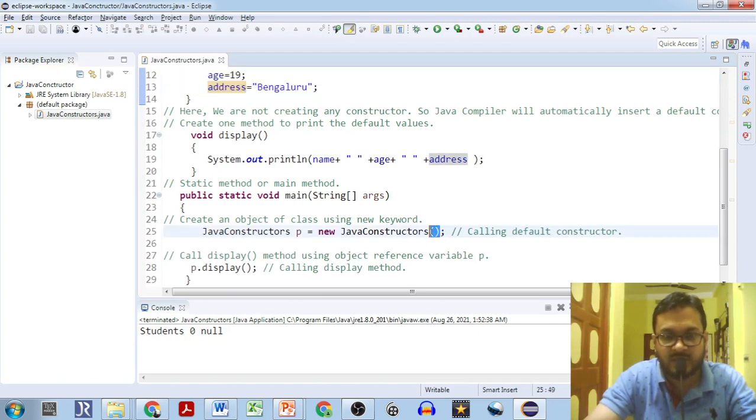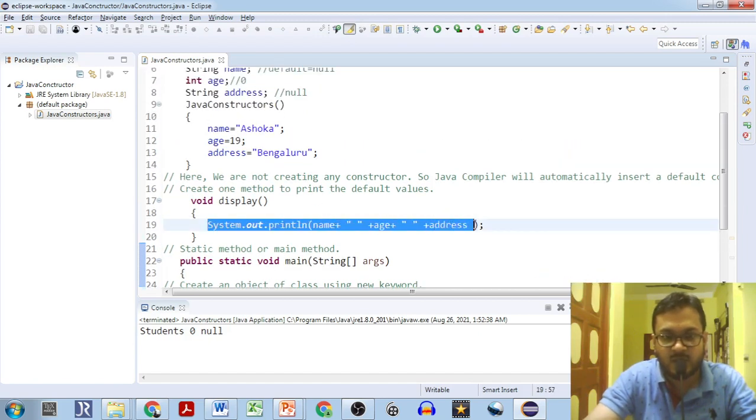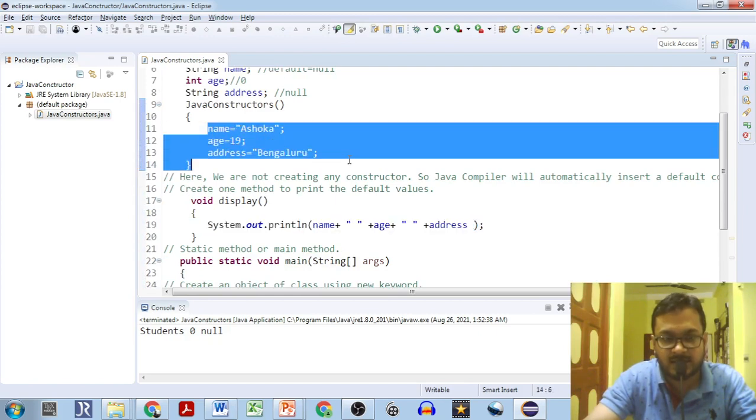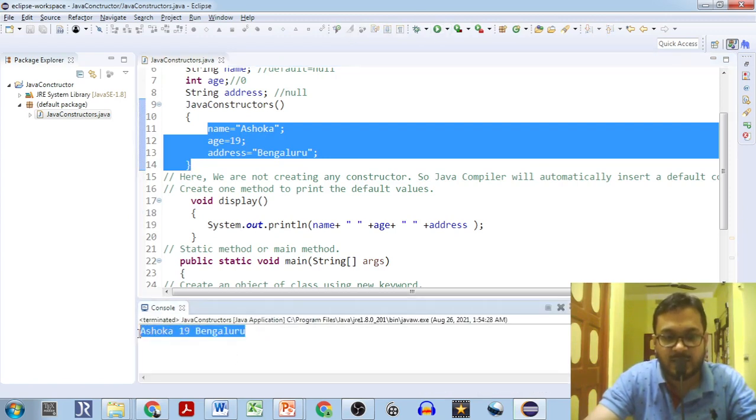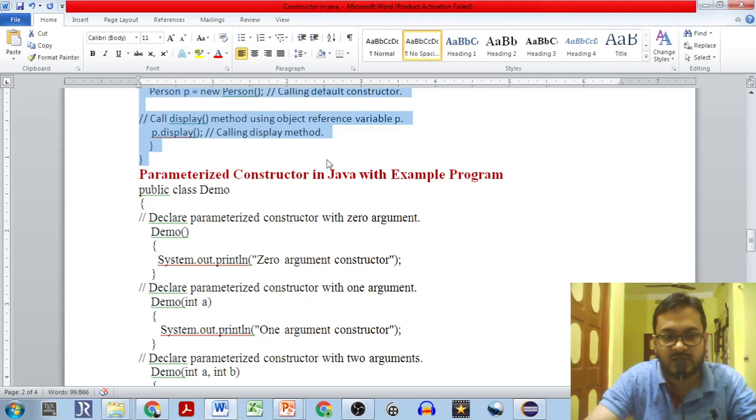So if we use this default constructor to create this object, and we display it by calling the display method, these values will now be changed accordingly. Name will be Ashoka, age will be 19, and the address will be Bengaluru. As simple and as interesting as this. This is how the default constructor works.